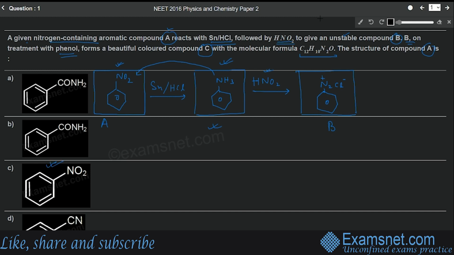But still, let's read the complete question. It is also given that B, the diazonium salt, on treatment with phenol forms a beautifully colored compound C. So let's see what happens when this diazonium salt reacts with phenol. Phenol, we have this benzene ring and here we have OH. The reaction that takes place here is known as a coupling reaction, and the resulting product will be,